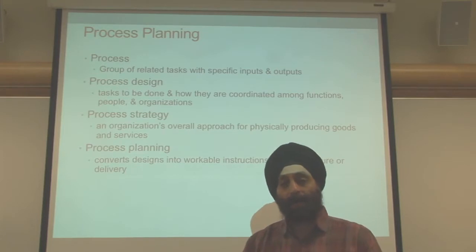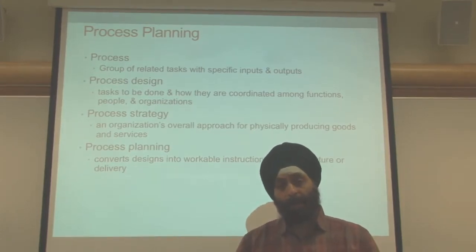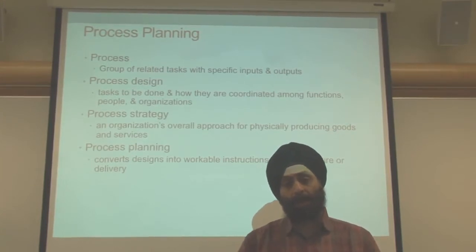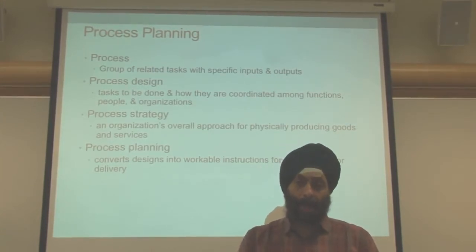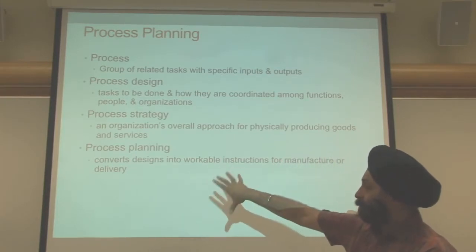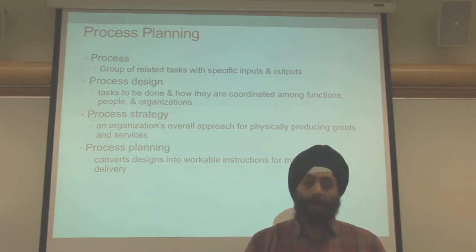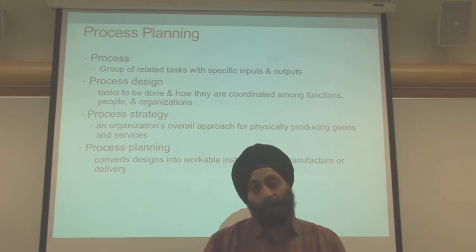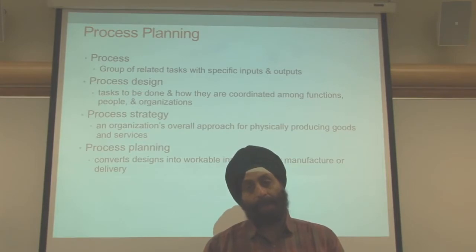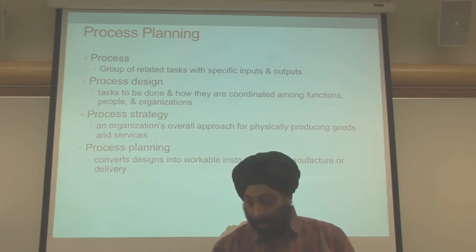Do we use a completely automated system, or do we use a lot of handcrafted process that uses a lot of manual labor and creates handcrafted goods, if you will, or services? Process planning, which is converting design into workable instructions for manufacture and delivery, which is how can we take a design of a product that has been produced by our research and development department and come up with a manufacturable product design and or service